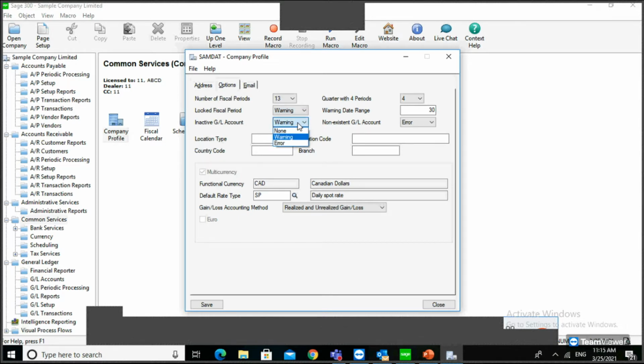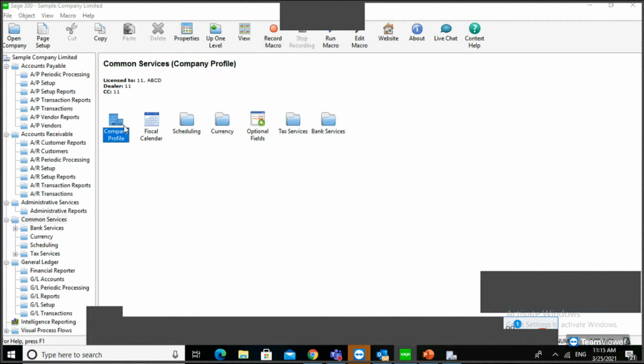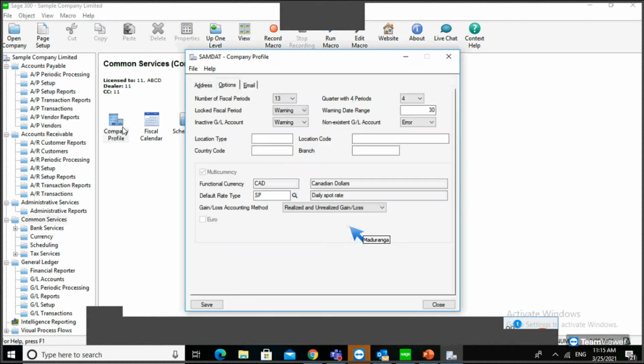There is also the inactive GL account setting. If a GL account is inactive, you can set either none, warning or error. The same thing happens: if you set none, you can post the transaction.